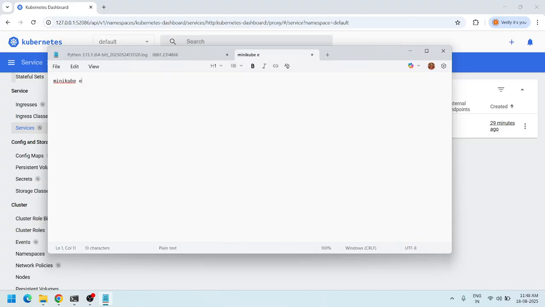minikube delete --purge. Okay, next minikube start,